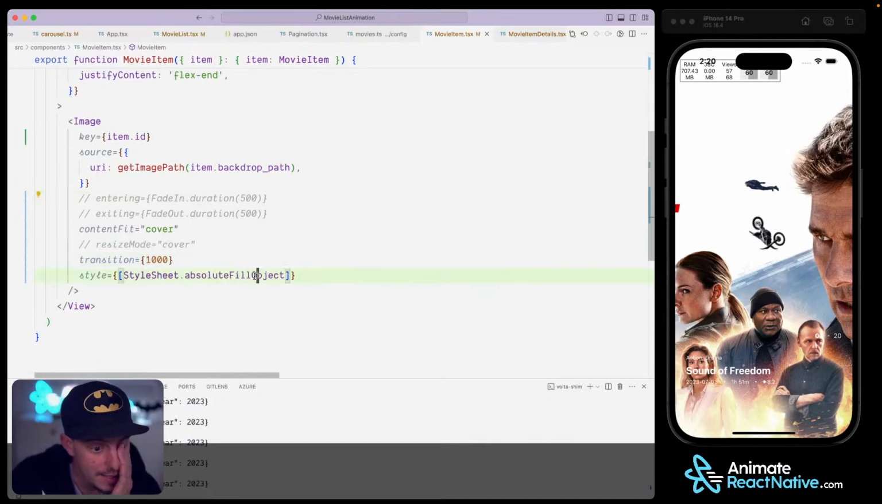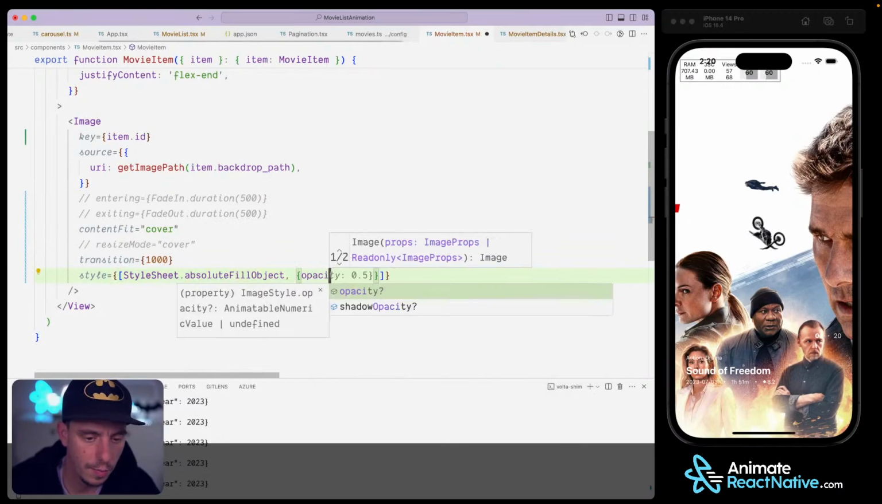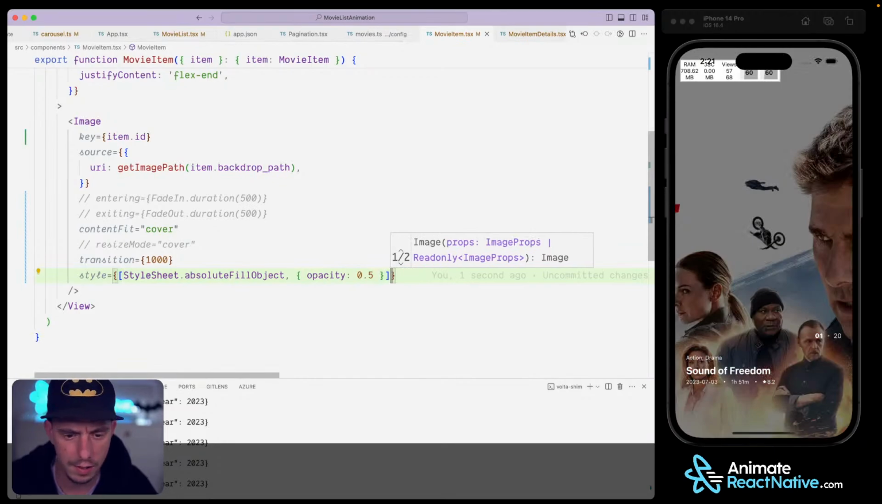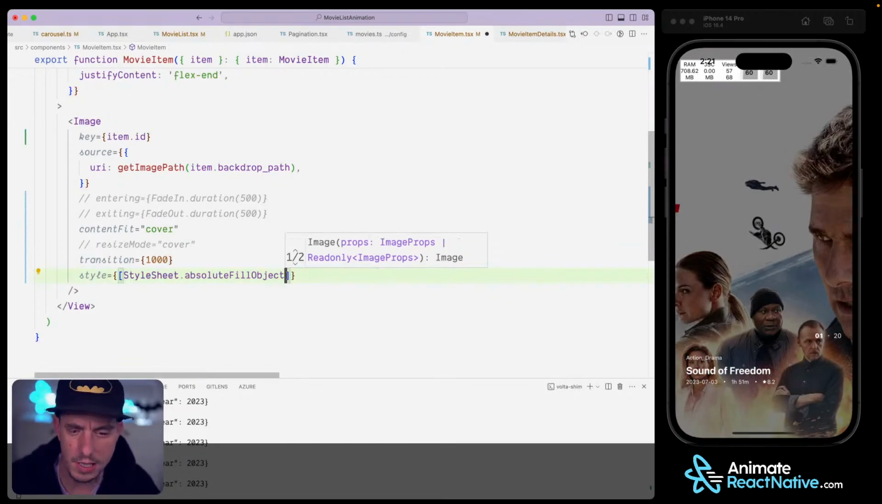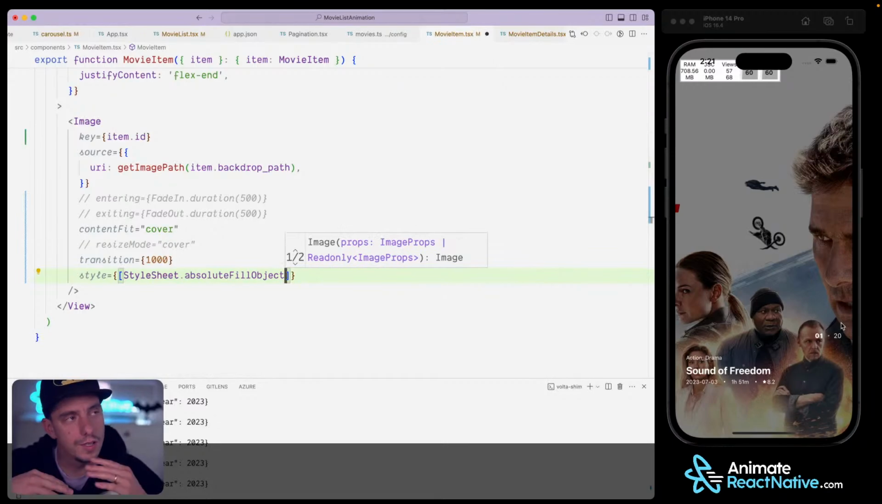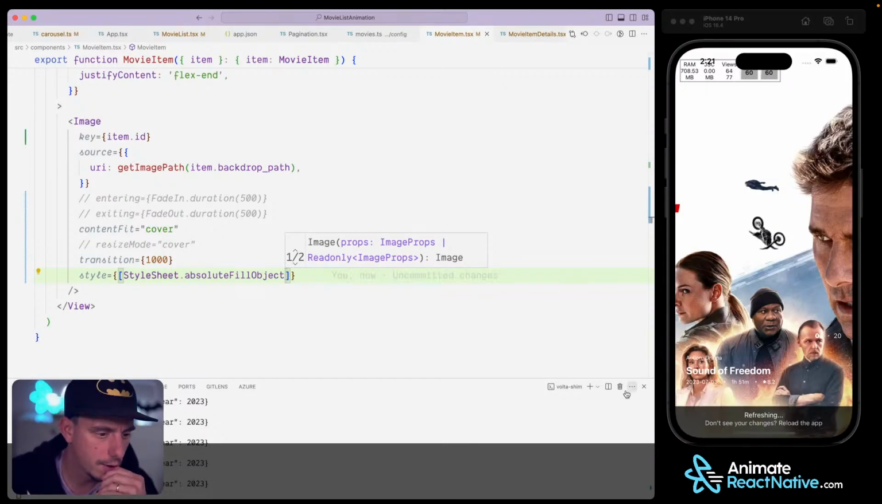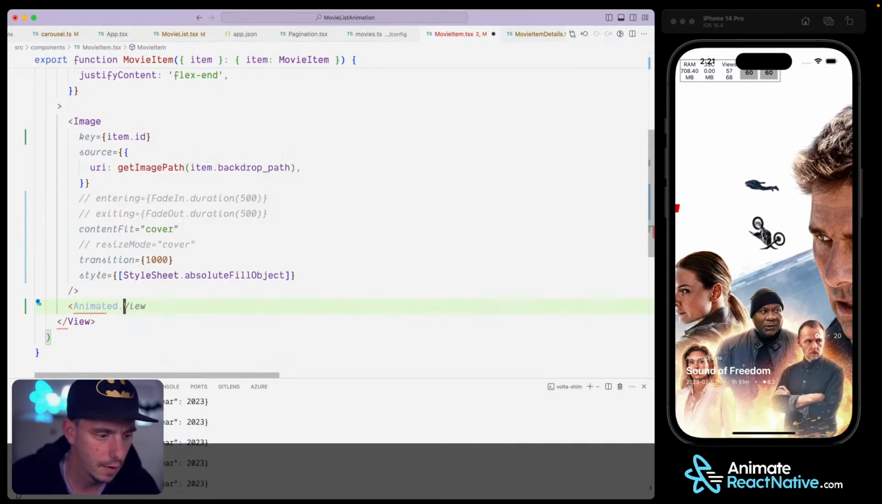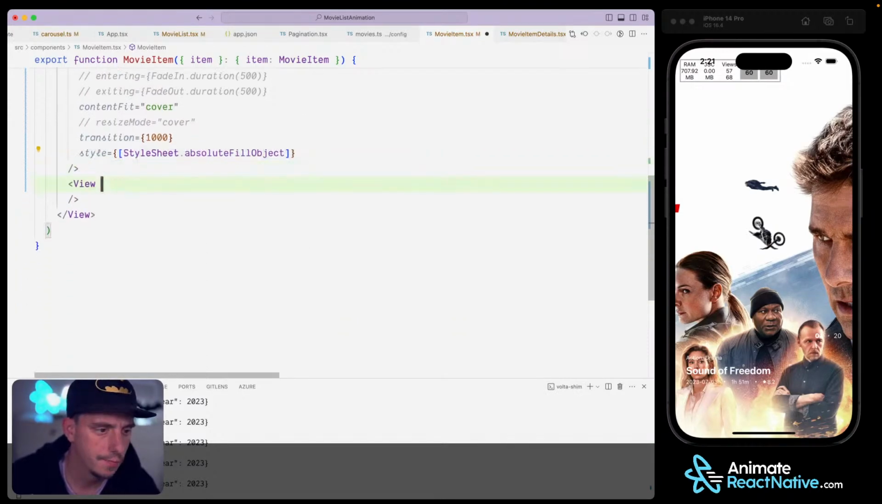Yeah, anyway, so now I can also add the opacity, right? .5. No, not the opacity, sorry. So now the opacity is not working because it's the transition, it's affecting the opacity, right? So what we can do instead, we can add another view here, not even an animated view, just a regular view. And we are going to have the same